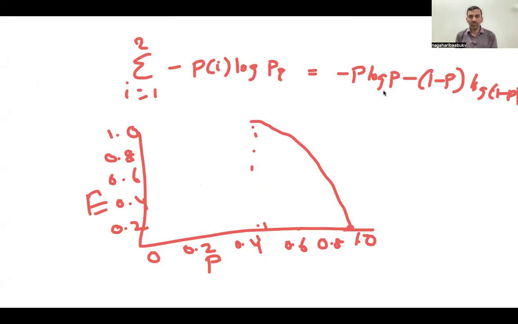Now, if you don't multiply with p, if you simply rely on log p, what happens? Generally p is reducing from 1, and at 0.5 we compute log of 0.5, base 2, generally we'll consider base 2. That is 5 by 10, or 1 by 2, so it becomes log 1 base 2 minus log 2 base 2.